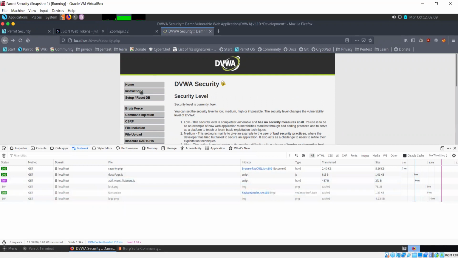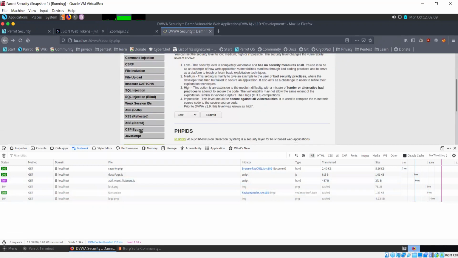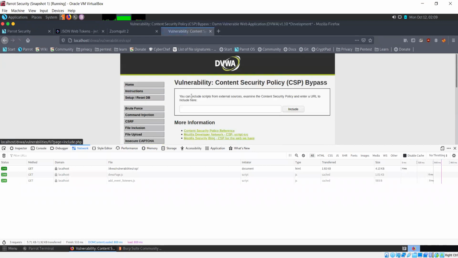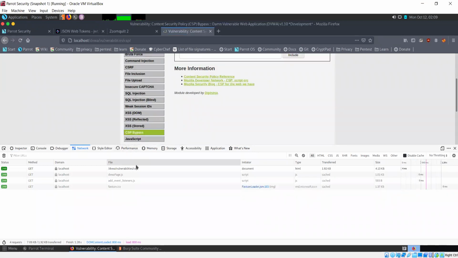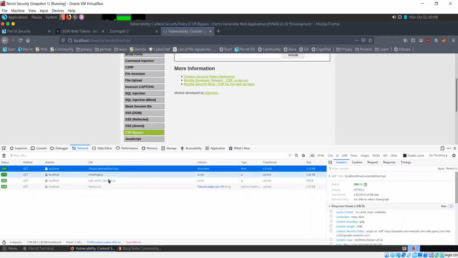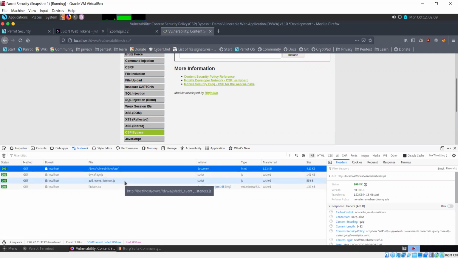So this is not security, I need to go to CSP bypass. So this is the request for the page itself, and these other requests are for sources like the favicon, dvwaPage.js, and another JavaScript file. So these are the different sources.